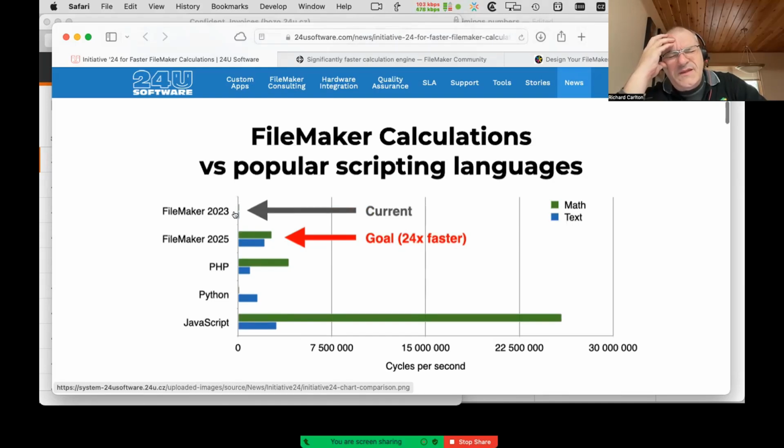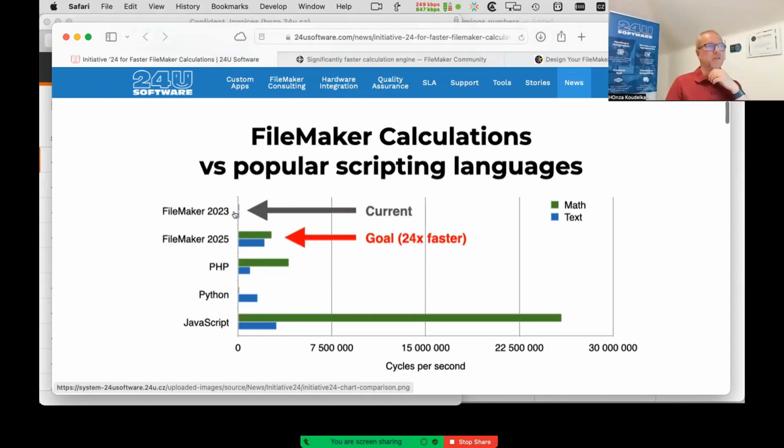He was talking about making the calculations go faster or something like that. And I felt like he was channeling you. Have you been chirping at Clay at Claris on this issue a little bit, Hansa? I bet you have. Yes, for a few years. And I even tried to push him a little bit because